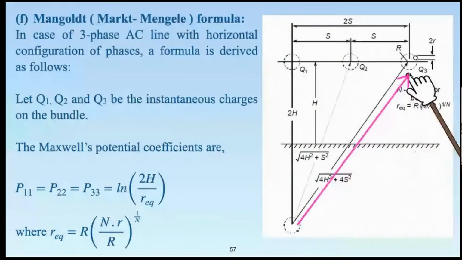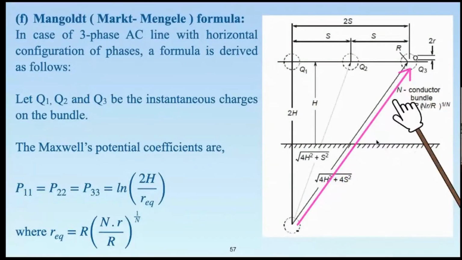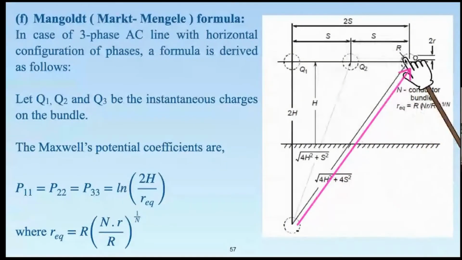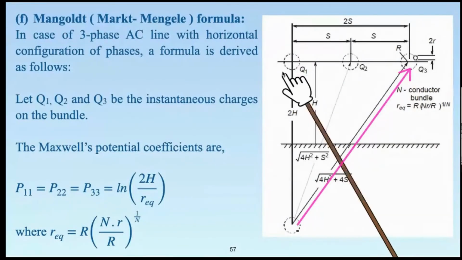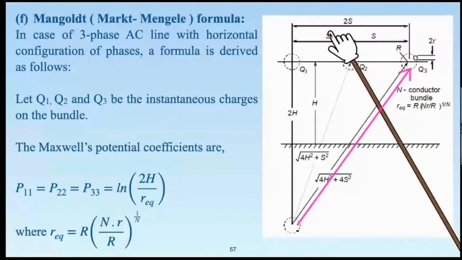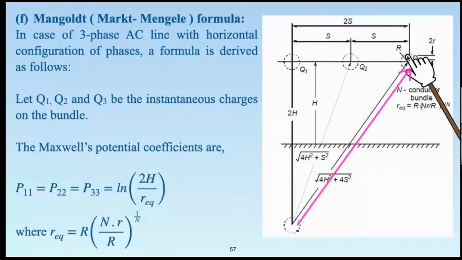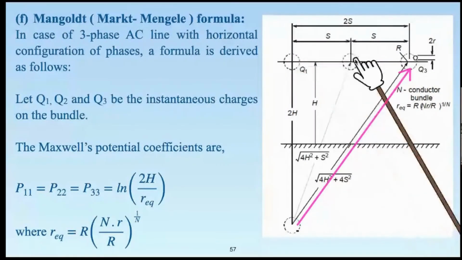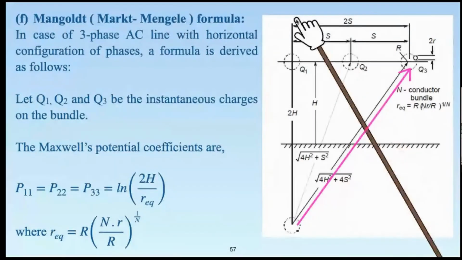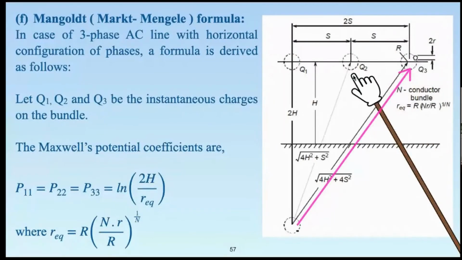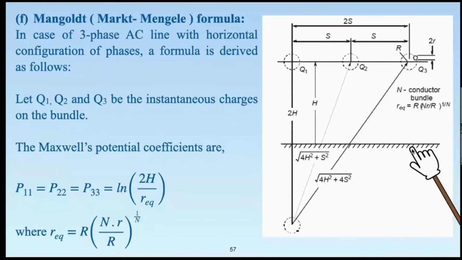So the distance from this image all the way to the third phase conductor will be the square root of twice h whole square plus twice s whole square. So this is how the dimensions are marked. Separation between the phase conductors is capital S. Please remember, separation between the conductors within the bundle was represented as capital B. Here, between the phases, it is represented as capital S. Distance from R to phase B will be equal to twice of S. So the rest of the things are quite indicative here in the diagram.